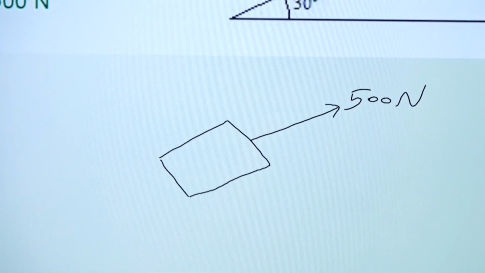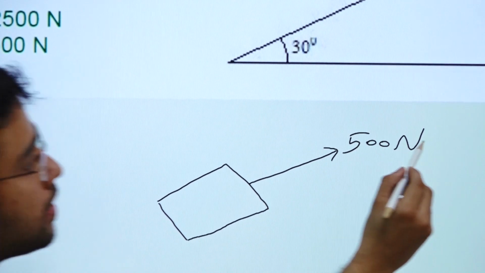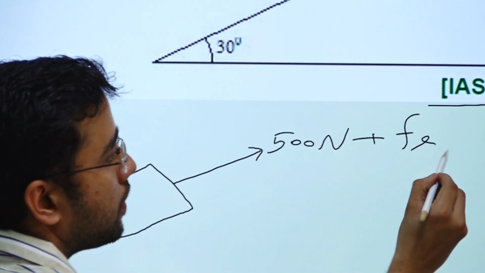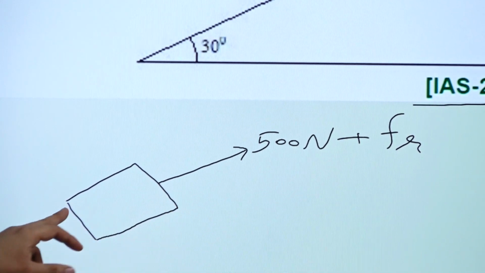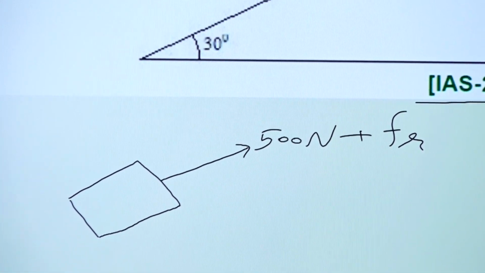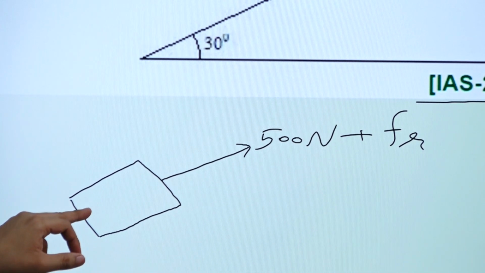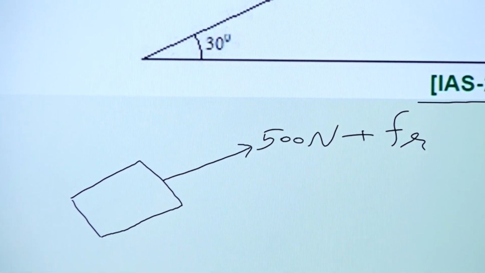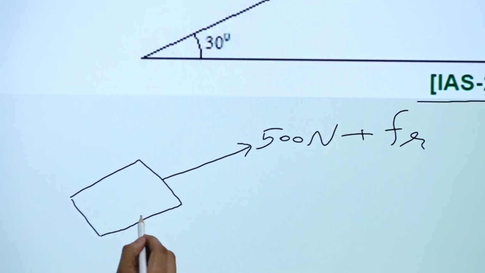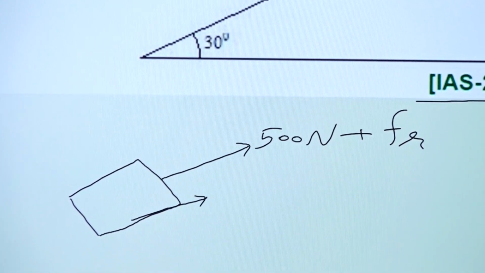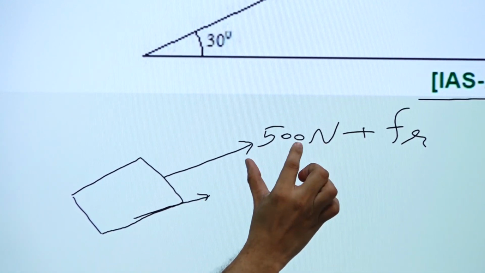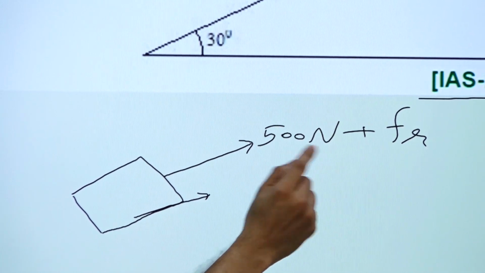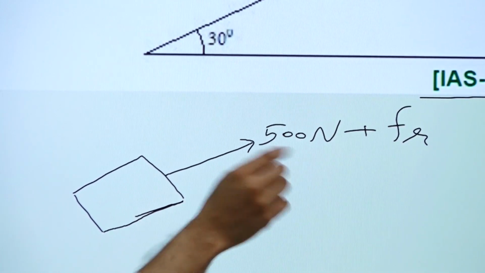So this 500 Newton force plus the friction force, these two forces together are not allowing this block to slide down the wedge. This block right now is in equilibrium, it is not moving. Friction will act in this direction. Because all forces are vectors, I just moved this friction vector from here to here and added it to the 500 Newton, so we don't have to draw it again.